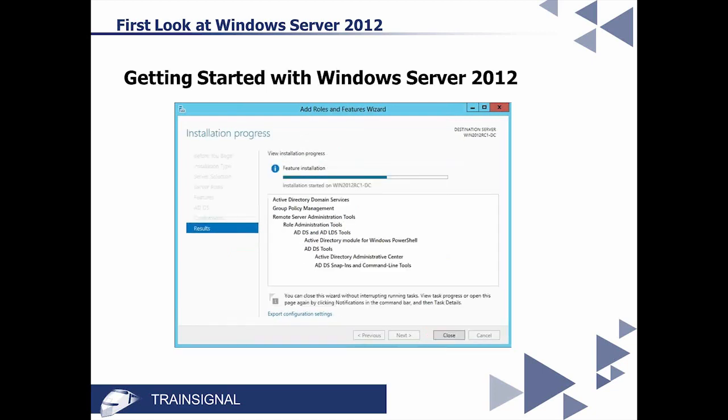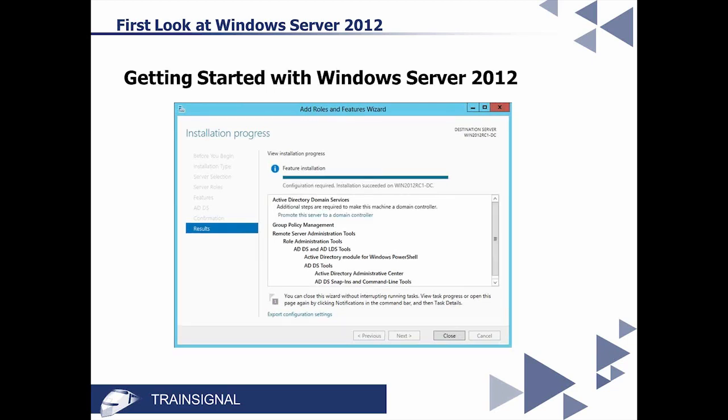From there, it goes through the feature installation. I do want to point out that it tells you can close this wizard. Things will keep moving. Again, remember, you may not even be doing it to this individual computer. It's some other computer possibly. So you don't have to have this window open. This window is just by choice if you want to see the progress. Once it is complete, this is what it looks like. Again, similar to Windows Server 2008.